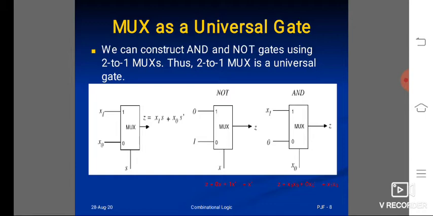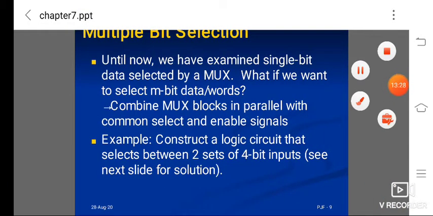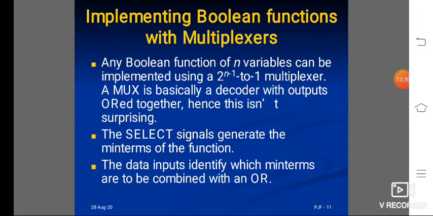Based on this 2 to 1 circuit diagram, we are designing the NOT gate and AND gate. So 0 and 1 replace the conditions. This is also very important in our curriculum and from the GATE point of view. Many times this question was asked in GATE exams and other exams.